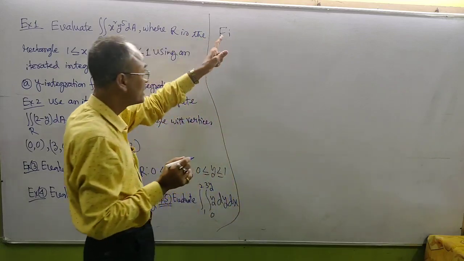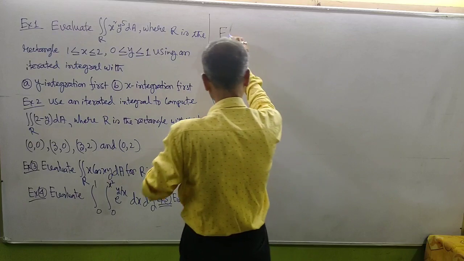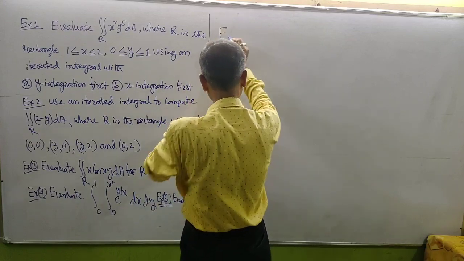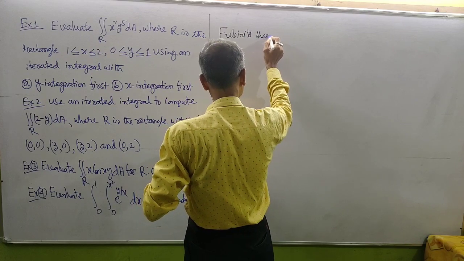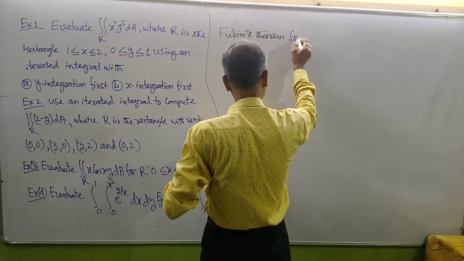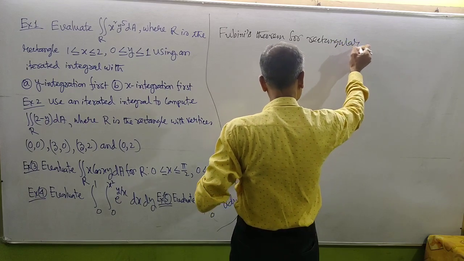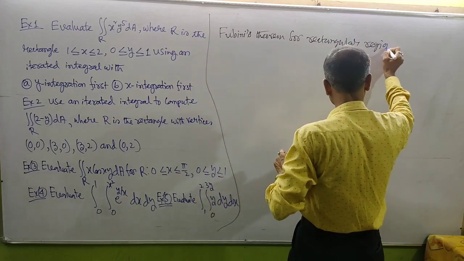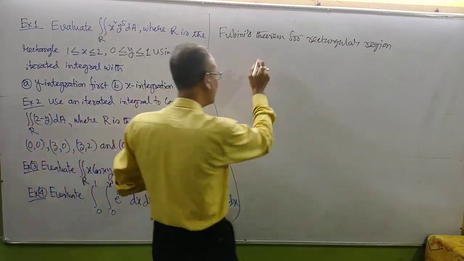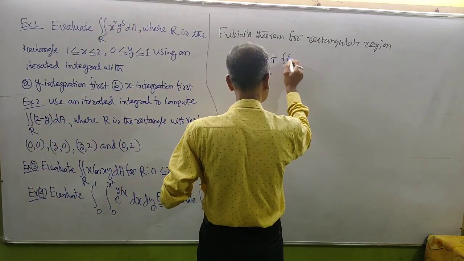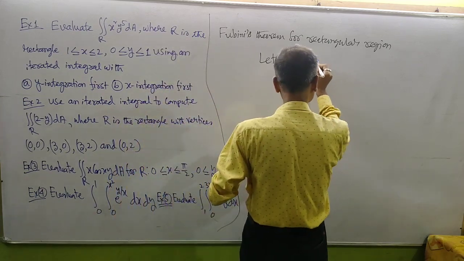I should give you Fubini's theorem. The theorem, Fubini's theorem for rectangular region. Suppose let f(x,y), a function of x and y, be continuous